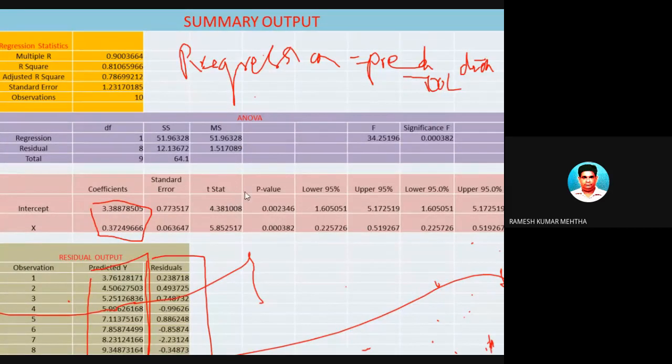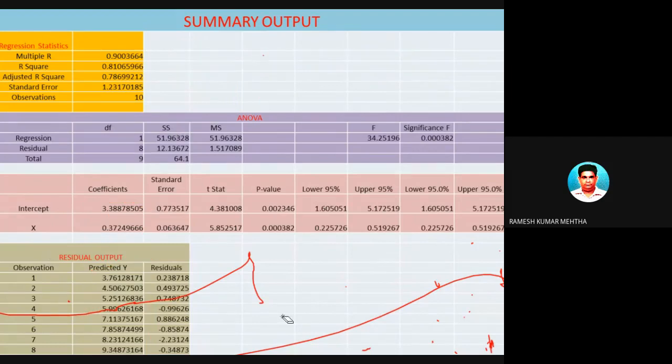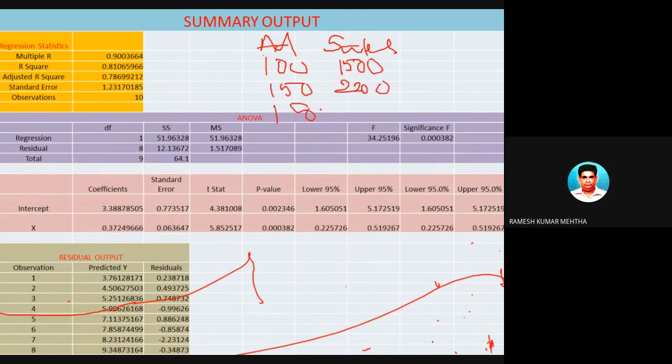I will give you a small example. With this, you will understand it. Now, what I did, I spent some amount on advertisement, and I found out what is the effect on sales. So when I spent 100 crores, my sales was 1500 crores. When I spent 150 crores, my sales increased to 2200 crores. Then again in the next year, I increased the advertisement to 180. Now the sales has become 3000 crores. Now I'm writing here 190 crores in the fourth year, and the sales became 4100 crores.